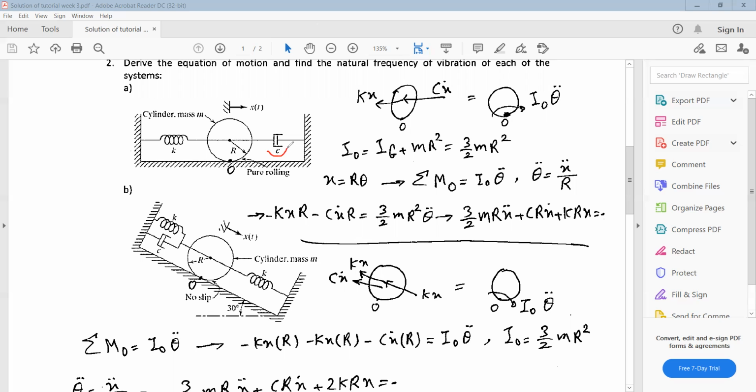We cannot use the energy methods now. Of course, I think in chapter 3 or 4, I'm not sure, later we will use another method in energy, which is called, I think, Lagrange. We will use that method to extract the equation of motion for this type of system when we have a damper,